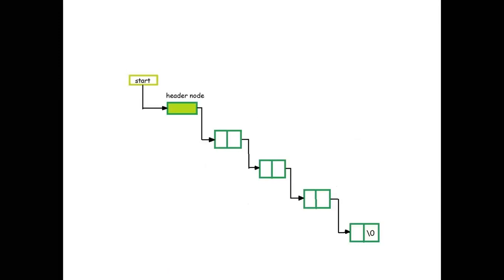This is my start, this is my header node. Here you can give any number of fields and put the information. If I give 1, 2, 3, 4, four fields are there, like that I can give. So the last node of that grounded header list is null. If start next equal to null, it means the header list is empty.